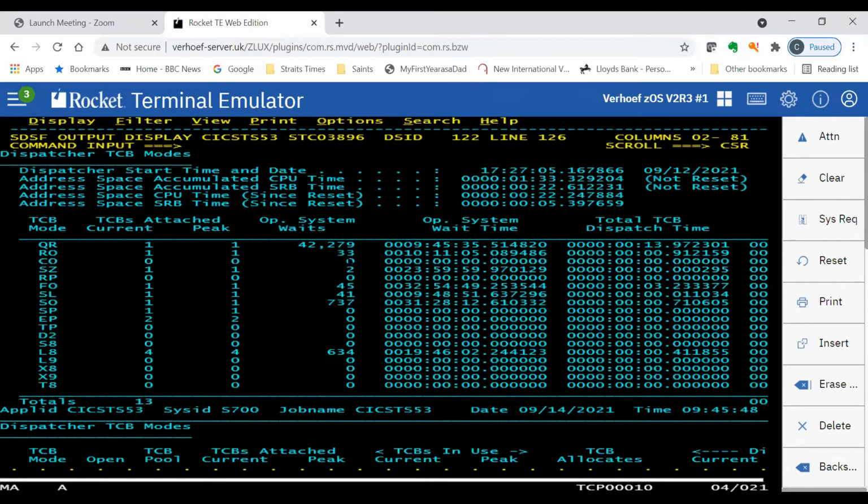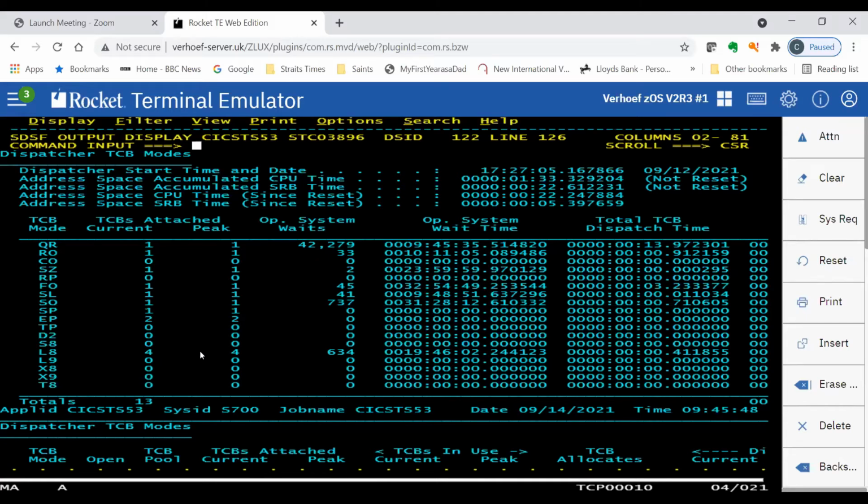If I'm looking at these sorts of numbers, I would say that ThreadSafe is not installed, because I would see the L8 and L9 TCBs have significant numbers here.